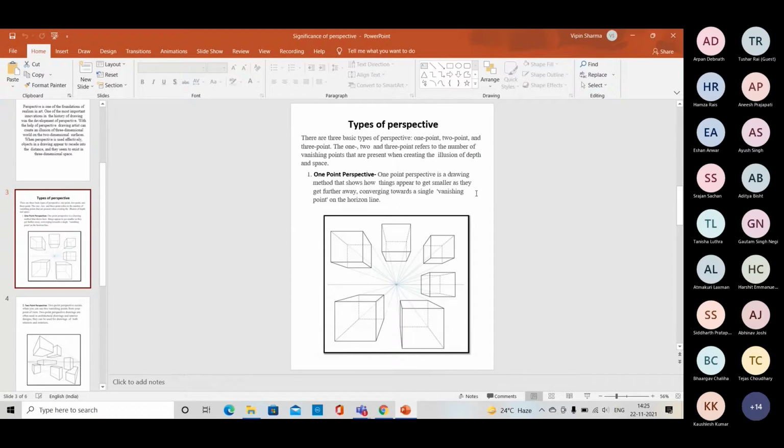Right. So this is the 1 point perspective, and in a 1 point perspective, this one is our eye level, and this one is the vanishing point in the center. Few boxes are above the eye level and few are below eye level, right? So these are below eye level, this one is mid eye level, this one is above eye level, right? Okay, so I already explained the 1 point perspective, what exactly it is and how you complete it. So you can go through the PPT also this time.